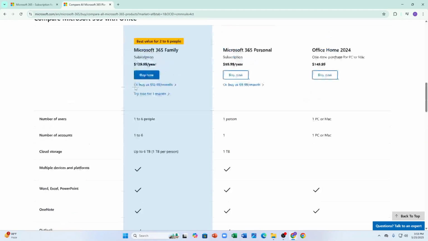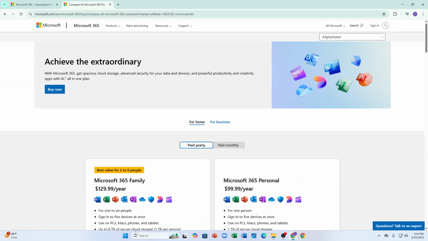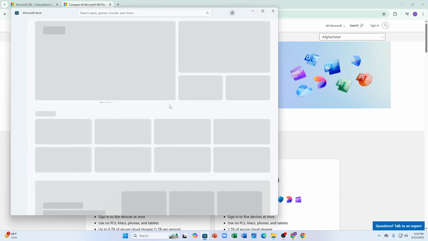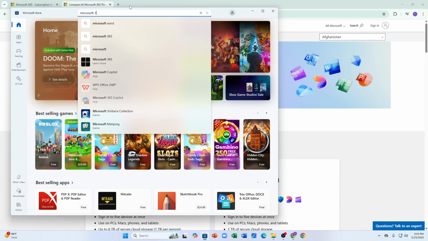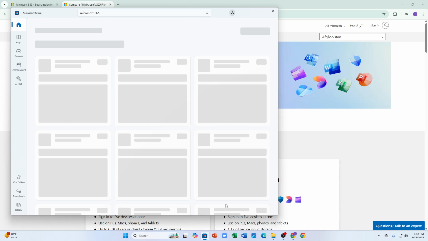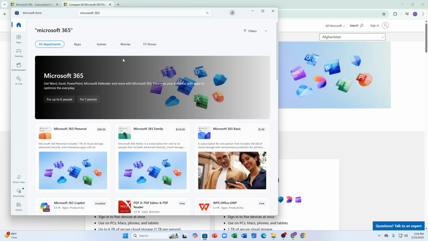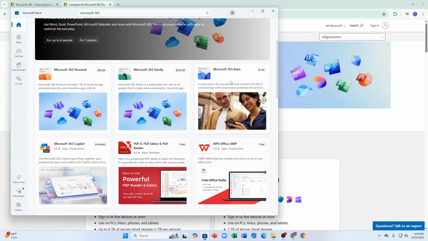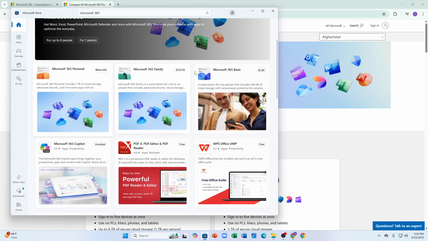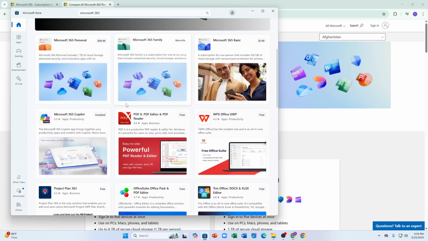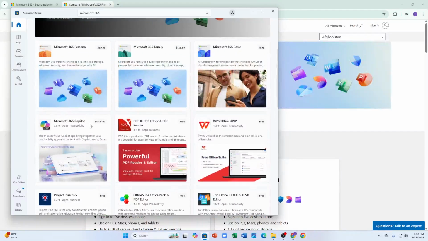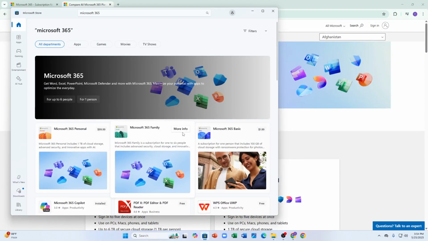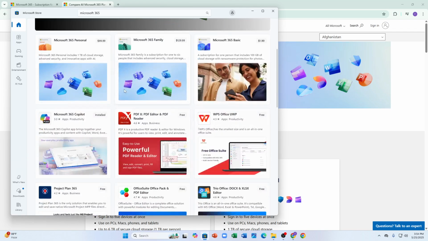You can also just install it from your Microsoft store, like you can just go into your Microsoft store and just search for Microsoft 365 here, and after entering, yeah, you can see there are multiple options like Microsoft 365 Personal, Family, Microsoft 365 Basic, and this also says Microsoft 365 Copilot. You can just click on download for whichever product you want to download, like Family, Basic,